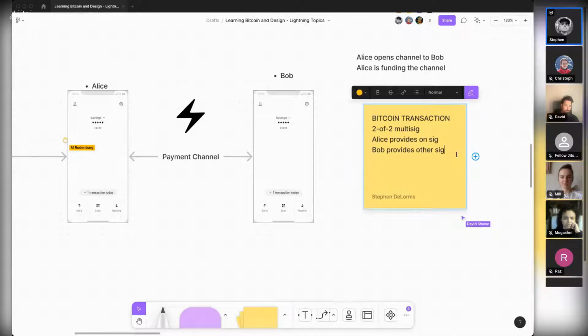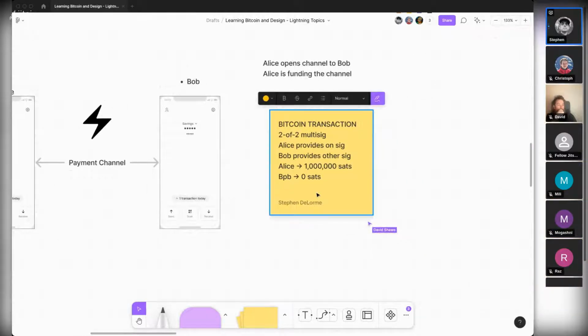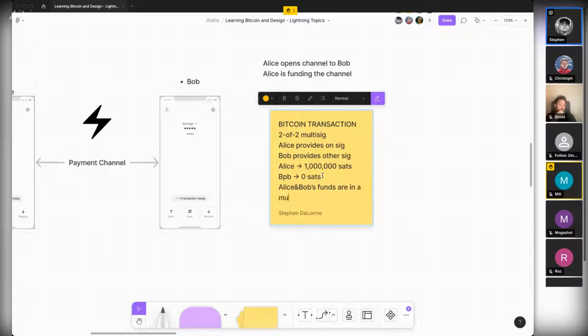into plain English here. So you basically have this transaction, and what it does is Alice's money goes into it, let's say a million sats. The transaction basically says Alice gets 1 million sats and Bob gets 0 sats. So the funds that Alice put in are locked in what we call a multi-sig address. Let's go ahead and type that out. Alice and Bob's funds. Technically, they're just Alice's now, but we'll say Alice and Bob's funds are in a multi-sig